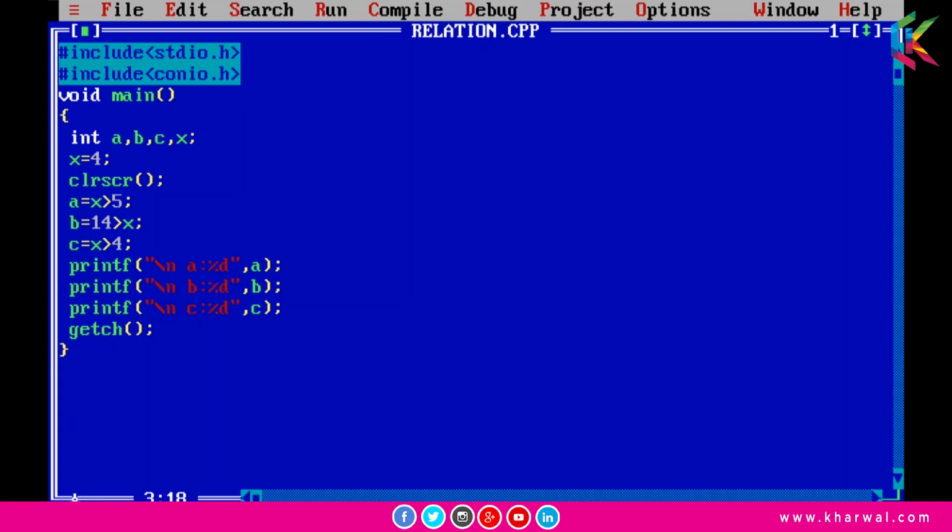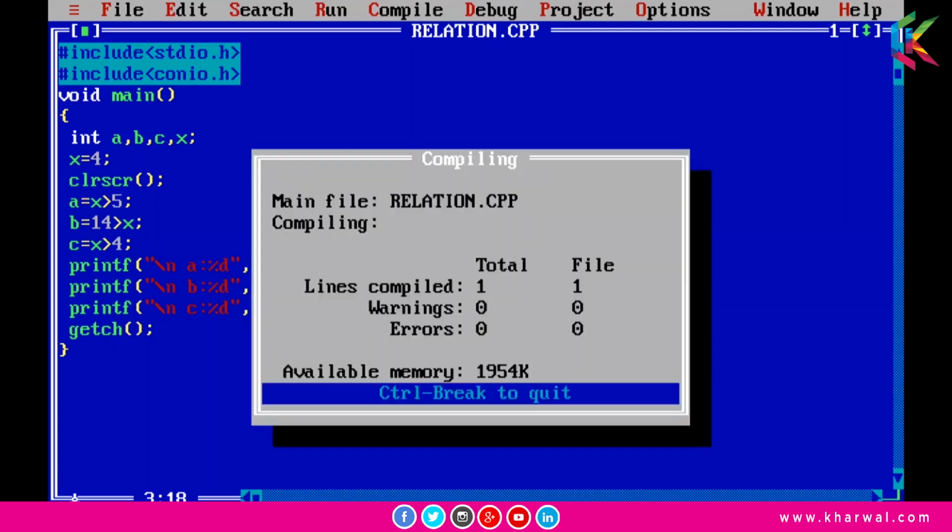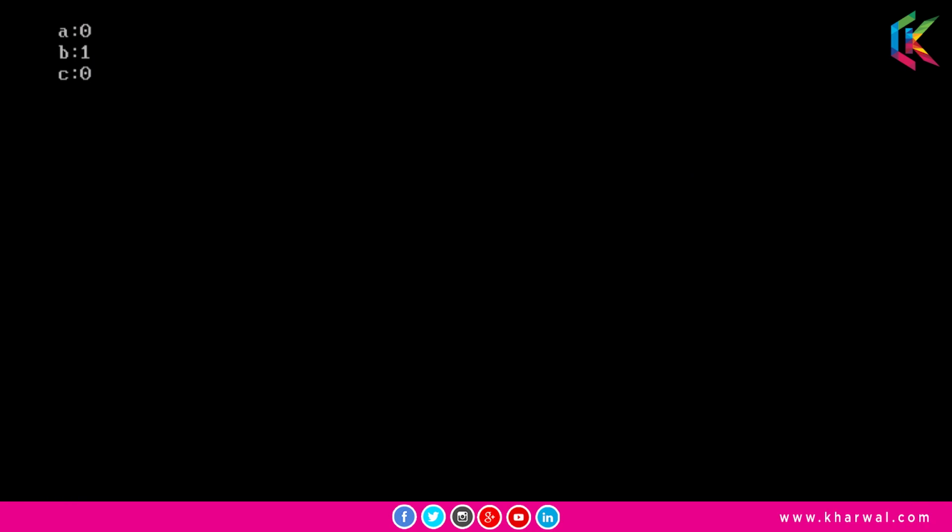In the first expression, this expression will be false because the value of x is 4, so 4 is not greater than 5, and the value of a will be 0. In the second expression, 14 greater than x will be true because the value of x is 4, so the value of b is 1. And in the last expression, this expression will be false, so the value of c will be 0. Now if I run this program, the output will be like this.